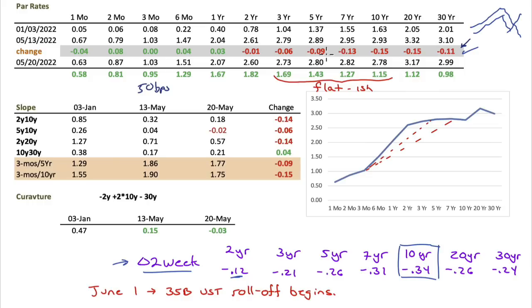I don't know that we can continue to expect this to happen, but for the last 2 weeks it has. If you think that, well, bonds were oversold. If you had watched TLT, the ETF, it had gone from 161 at the beginning of the year down to 111. Over 30% drop, 33% drop in 4 months.